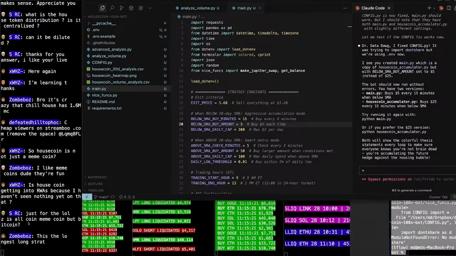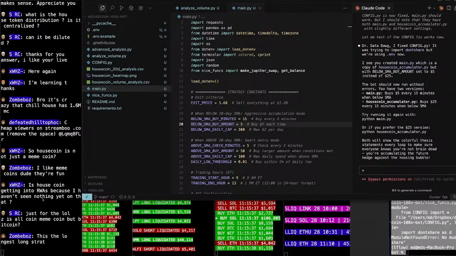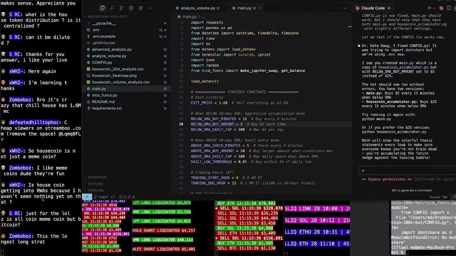Just for lulz, is all meme coins but Bitcoin. Is Housecoin getting into RWAs? Because I haven't seen anything of it yet. I don't know about that. But I don't know if I want it to get into RWAs, honestly, because if you've seen the flow of crypto